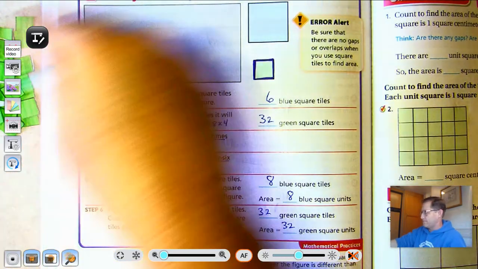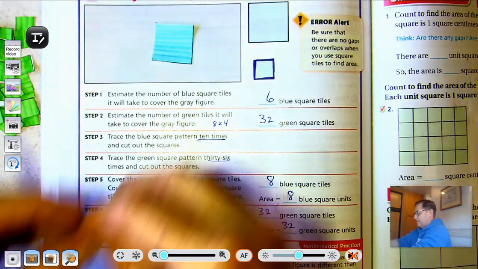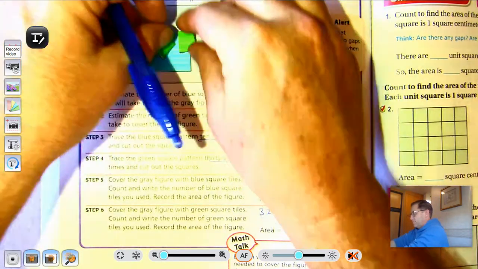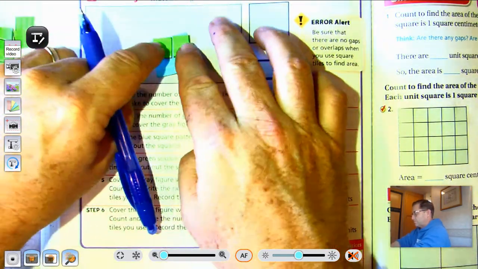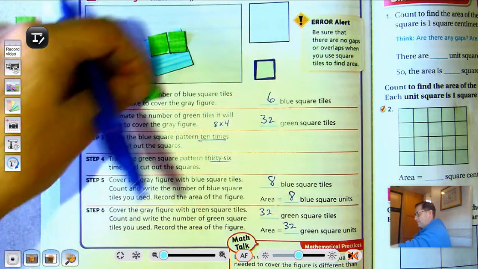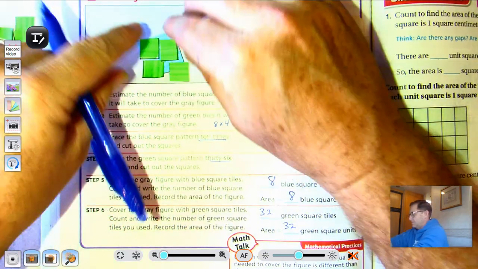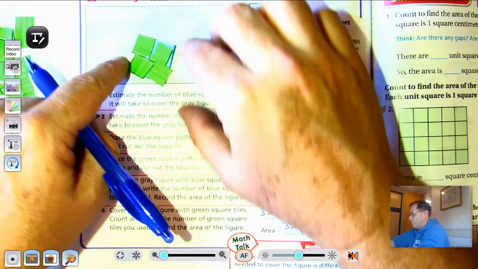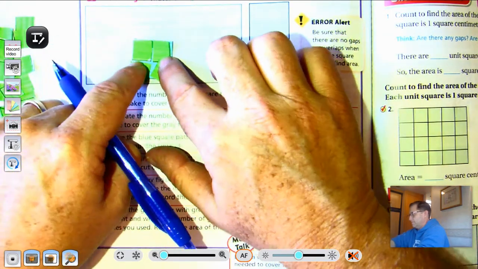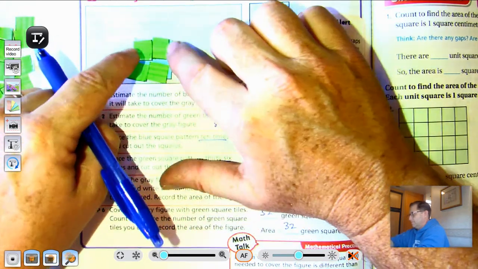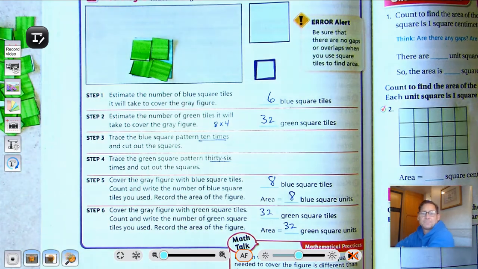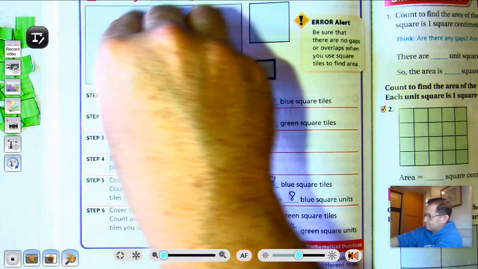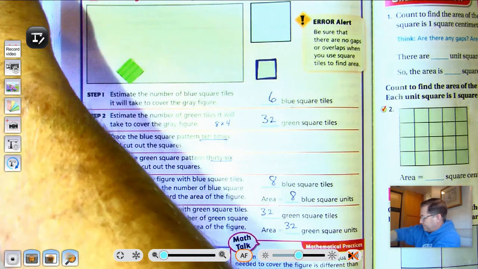And in fact, it will take 4 of the green tiles for every 1 blue. Okay. All right. Now,